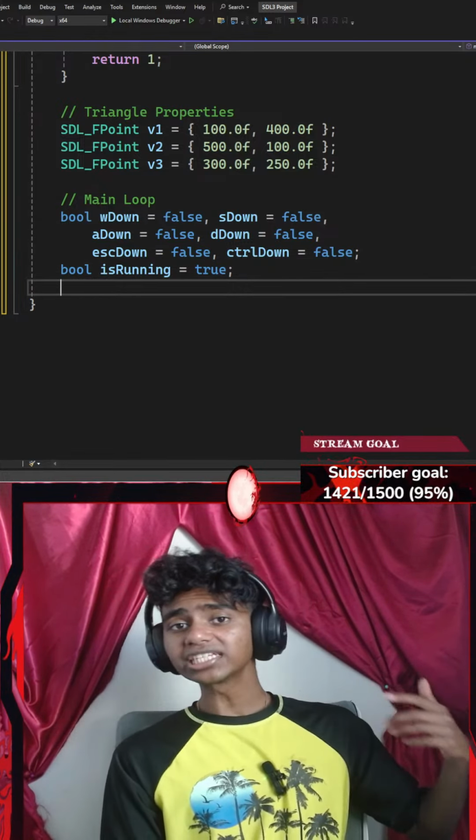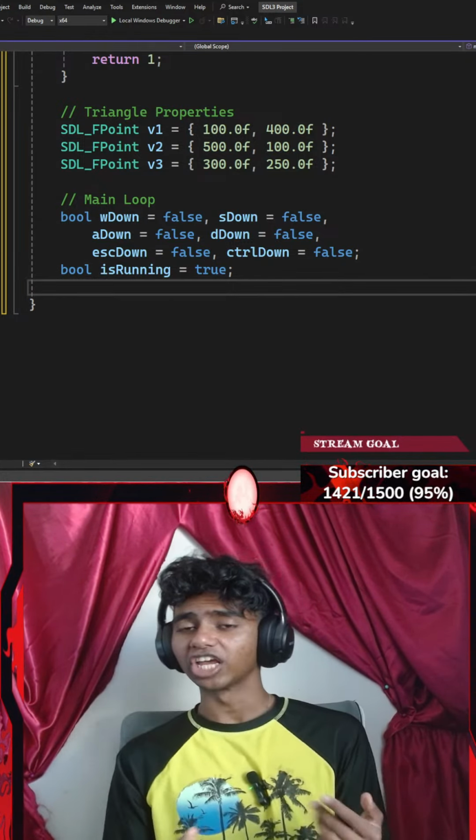And then finally, let's add an event variable, because I will be needing a variable to check the current event